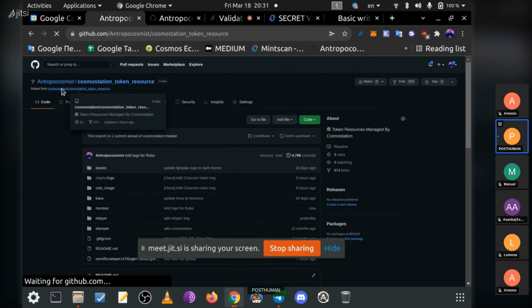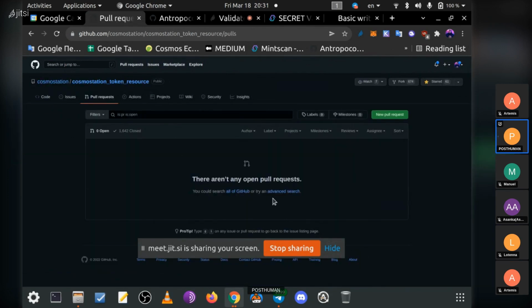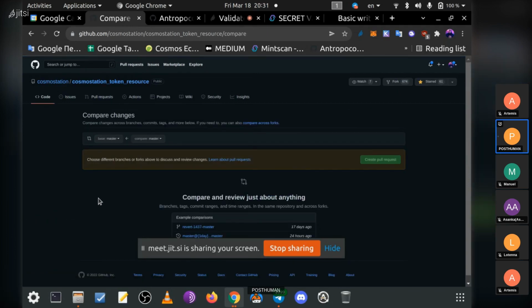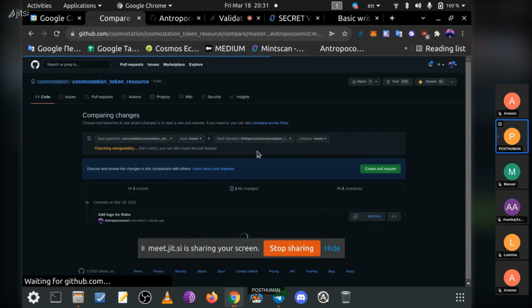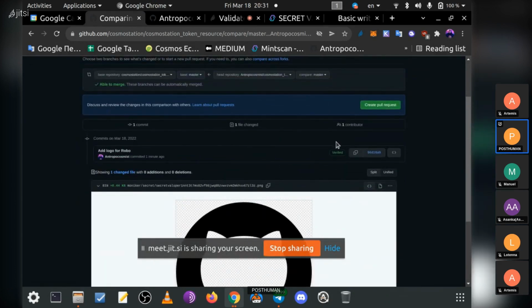So we go to Cosmostation token resource and create a pull request. There are no open pull requests. You can search or advance. We say new pull request. They ask us, what do you want? And we say compare changes across branches. Compare across forks. They ask, what will we compare? We will compare Cosmostation token resource with our fork of Cosmostation. They tell us, this is what you want to add. After I